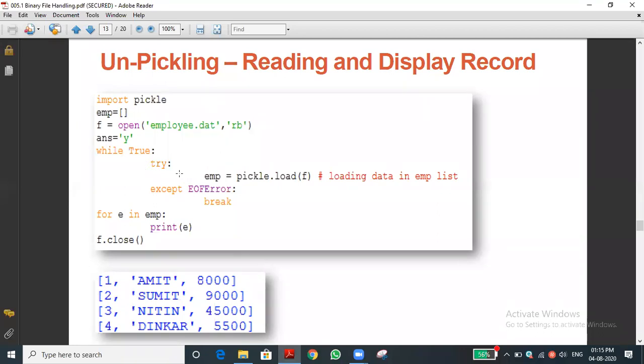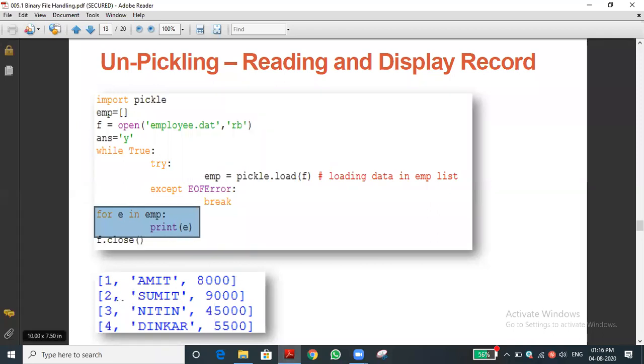So this you know now. By using the for loop, how to print the data. Have you understood this one, the output? Sir, where did you mention small e? Yes, small e is a variable in order to store the data from EMP. Here you can see the for loop. EMP is a list which contains all the data. The first element will be loaded into e, then we print e. So all the data, 1, Amit, 8000, will be printed.